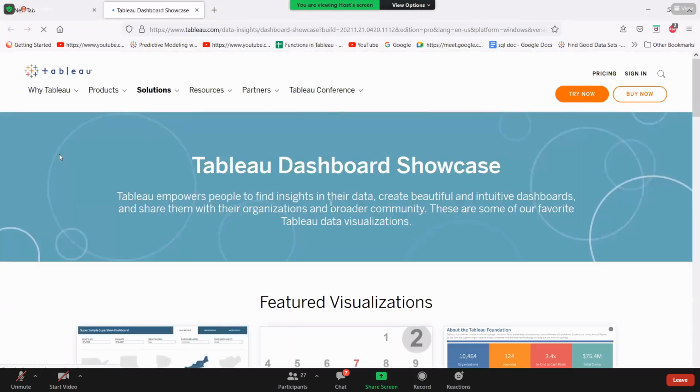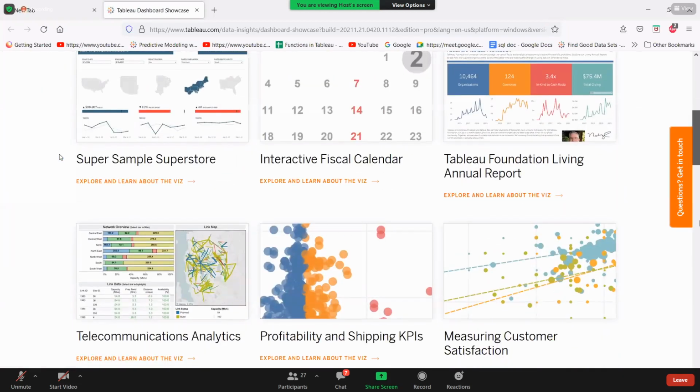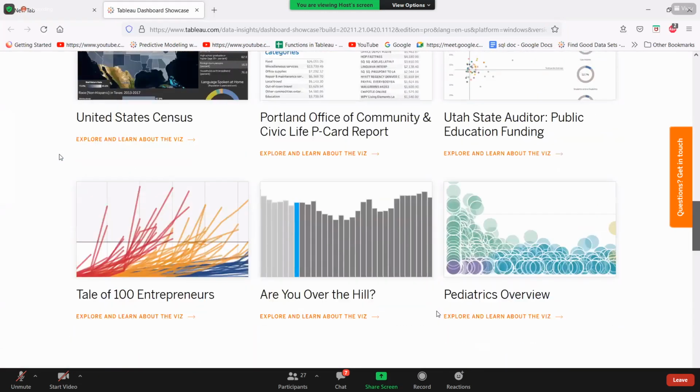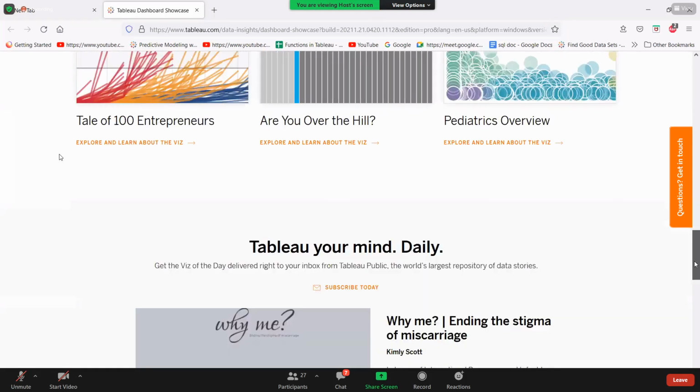Now see, here you will have many dashboards. Even if you go to Tableau public, the recent posts, whenever someone develops something in Tableau, they post it on Tableau public, and you can go through that and see what is possible in Tableau, what the latest is, in which way people are looking at the data, how we can explore those points. You can all learn through Tableau public. Okay.